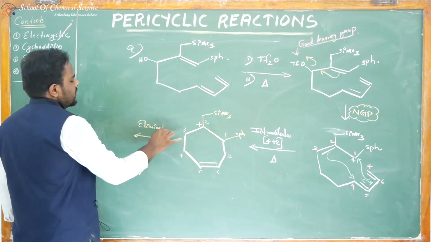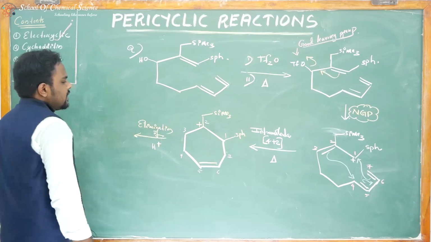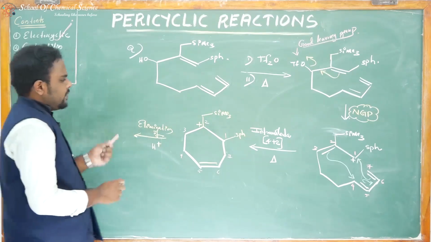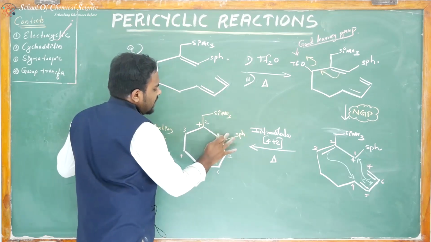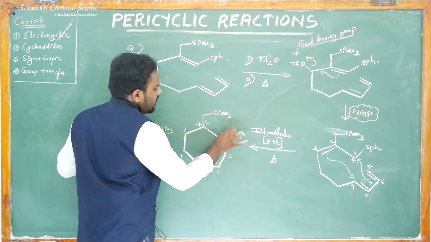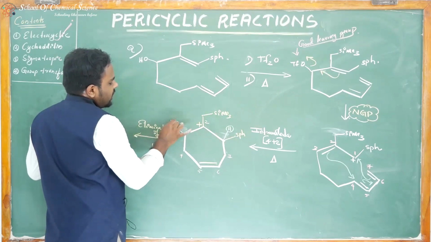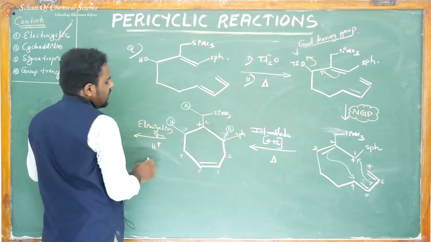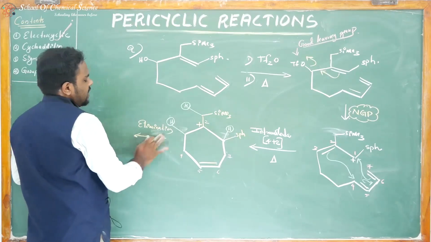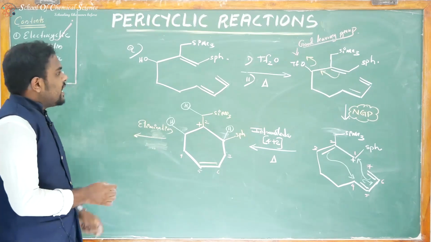Next step, elimination. H plus will be eliminated. Alpha hydrogen is present here. At carbon number 3 an alpha hydrogen is present, and at this carbon also an alpha hydrogen is present. So elimination is the step. You know, compared to H plus,